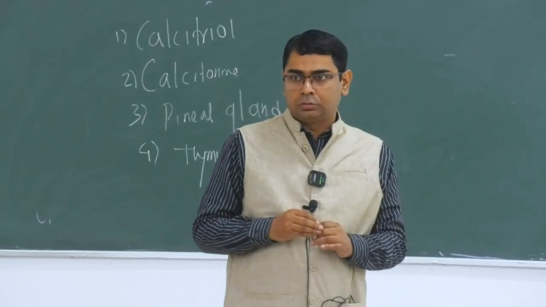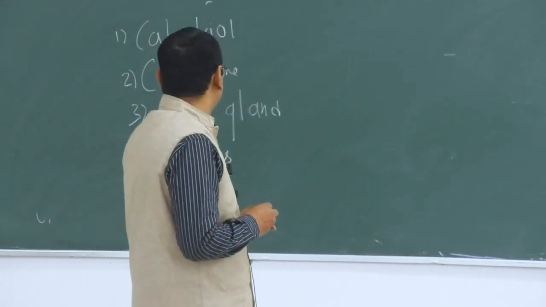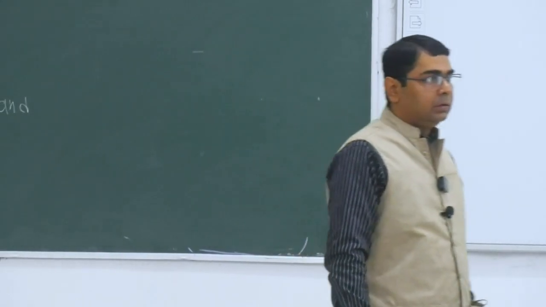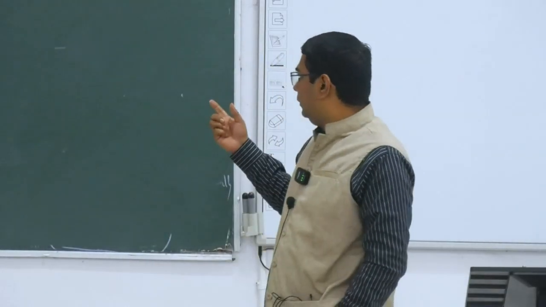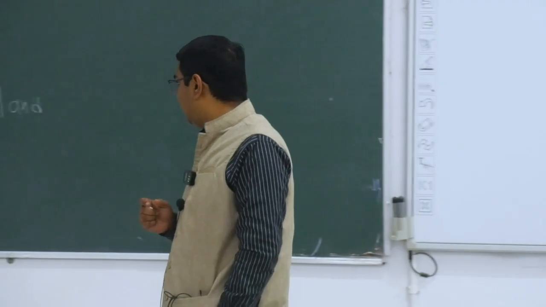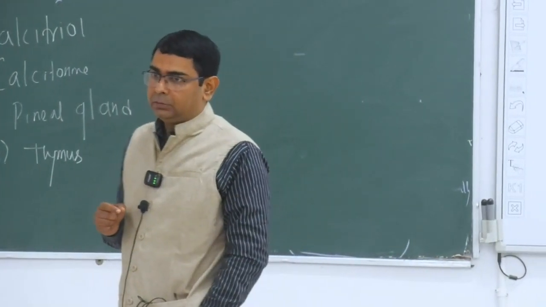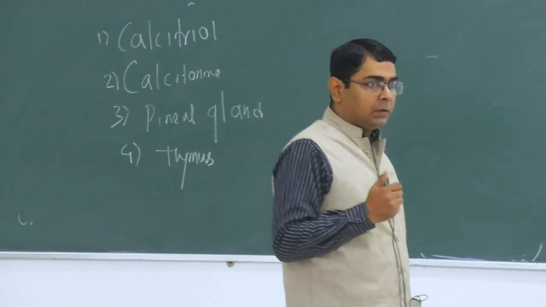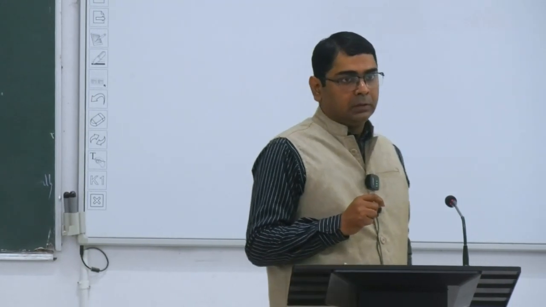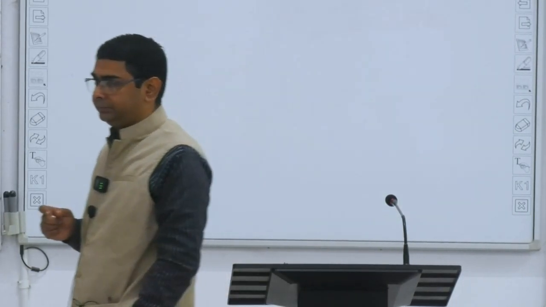চারটেই হচ্ছে শর্ট নোট, ঠিক আছে। ওয়ান ইজ দ্য ক্যালসিট্রিয়ল, সেকেন্ড ইজ দ্য ক্যালসিটোনিন, থার্ড ইজ দ্য পিনিয়াল গ্ল্যান্ড অ্যান্ড ফোর্থ ইজ দ্য থাইমাস। ওকে, তোদের ক্যালসিট্রিয়ল আর ক্যালসিটোনিন বইয়ে আছে, কিন্তু পিনিয়াল গ্ল্যান্ড আর থাইমাসটা বইয়ে সেভাবে নেই। তো আমি তোদের পিনিয়াল গ্ল্যান্ড আর থাইমাসটা নোট দিয়ে দেবো, তোরা লিখে নিস, ঠিক আছে। তেমন কিছু বোঝার নেই। আর ক্যালসিট্রিয়ল আর ক্যালসিটোনিনটা তোদের আমি মোটামুটি একটা ডিসকাশন করে দিচ্ছি, ওটা তোদের বইয়ে আছে। ওকে,